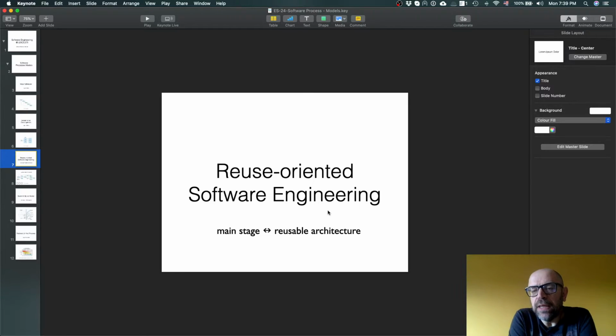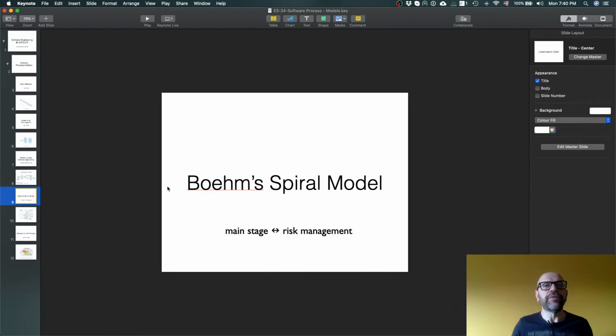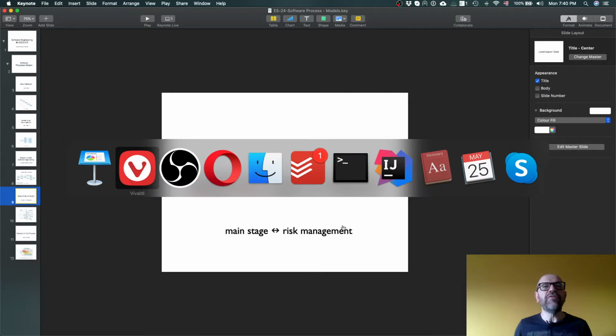Okay, but the idea is that you have this main stage where you build a reusable architecture. Okay, and then we have Boehm's spiral model, where the main stage is based on risk management,